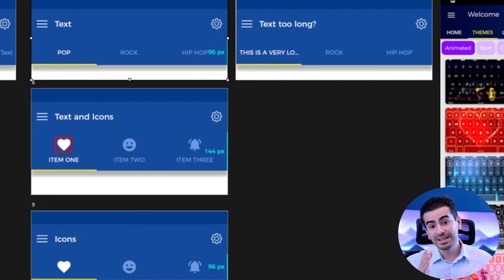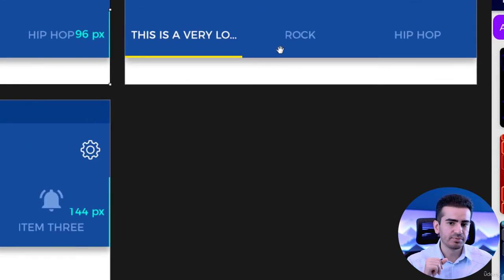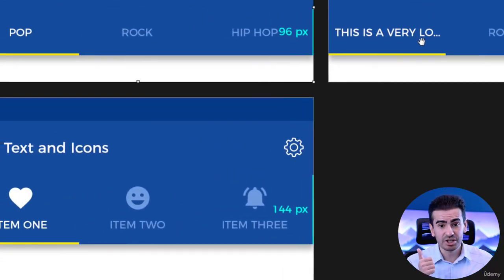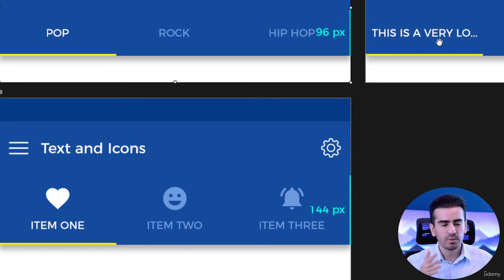Now, I'm not a fan of tabs with icons alone, as they're pretty hard to understand what's behind them. So I would personally stay away from that option unless the icons are extremely intuitive and very well known. This group is reserved for things like search, GPS, phone, Wi-Fi, and a very few other ones. Now the third option and the final one is label and icon, so text plus icon, which again I'm not